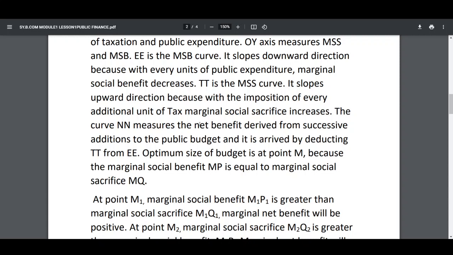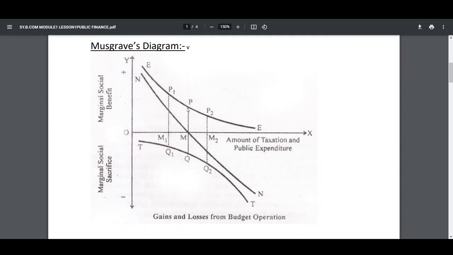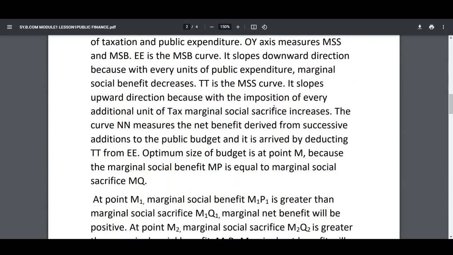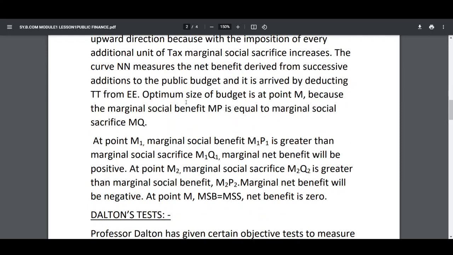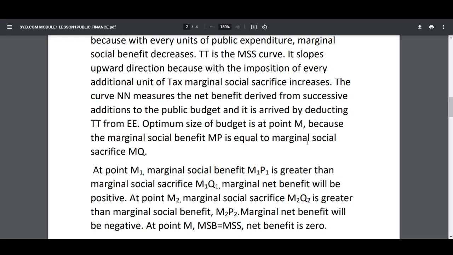These two curves are deducted and we get NN, and the optimum size of the budget is reached at point M. Richard Musgrave is suggesting the optimum budget, and in this diagram, the optimum budget is reached at the point M,